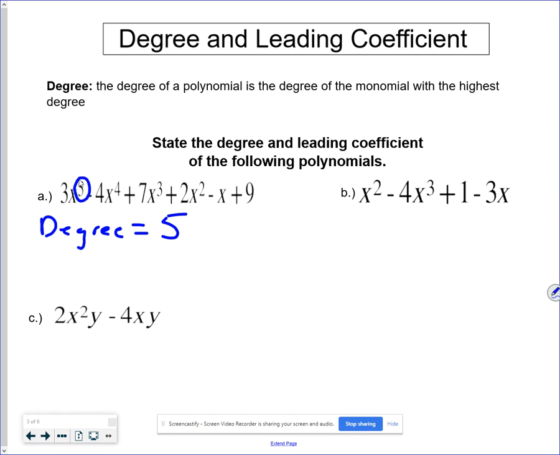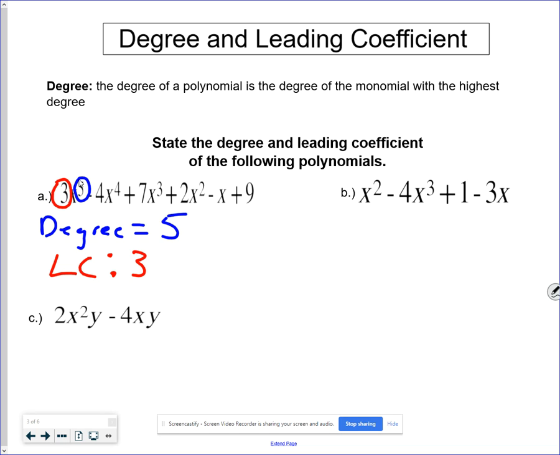And then the leading coefficient will be the coefficient of the term with the highest degree. So since the coefficient of this term is 3, our leading coefficient, which I'm going to abbreviate as LC, is 3. So if we look at this example over here, x squared minus 4x cubed plus 1 minus 3x,